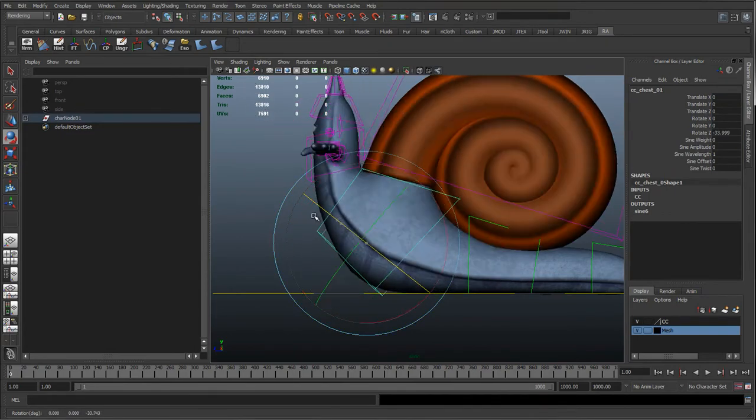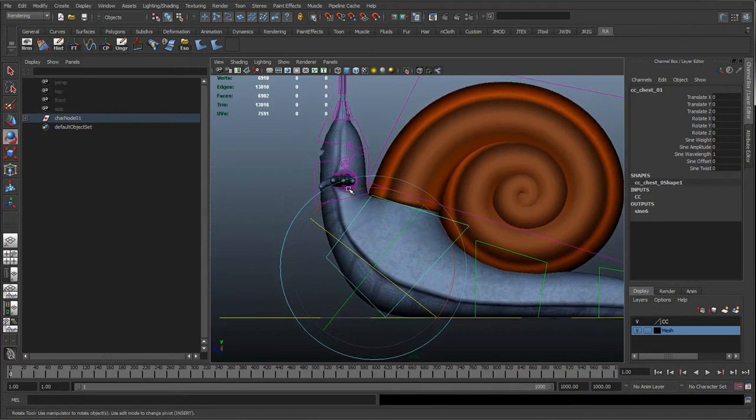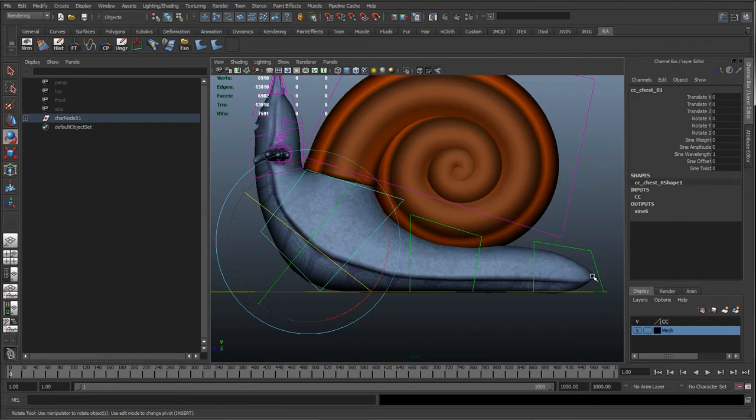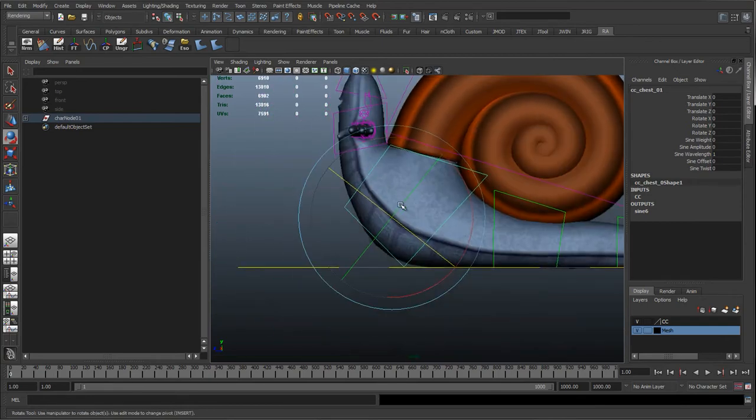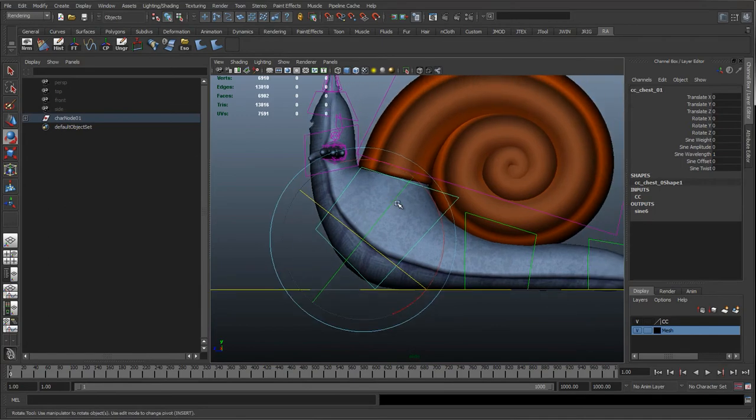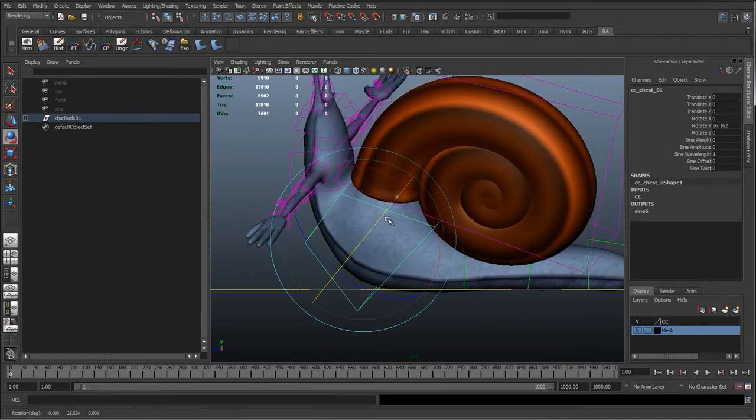So we can rotate along the axis of his spine, because unlike a human spine or a lot of other spines, which do bend in and out a bit, generally it's sort of like a tube going up if it's our body, or going along if it's a horse. With this snail character it's coming from the tip of his tail all the way up to his chest, and then all the way up to his head. So this mid control has been aligned so we can get that nice twist in there.